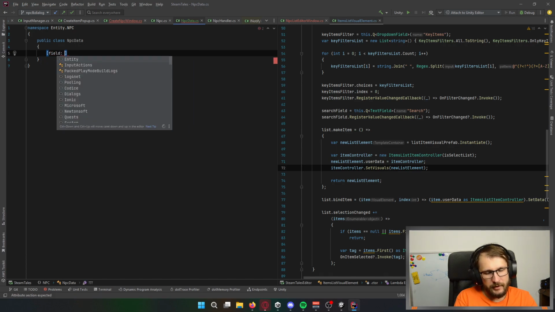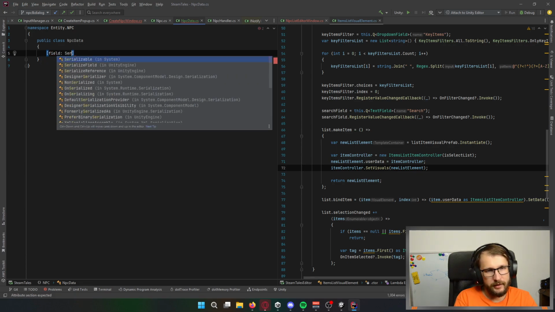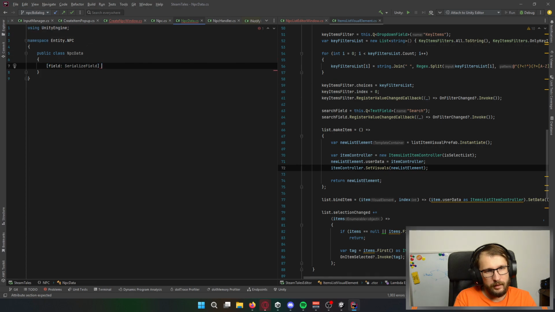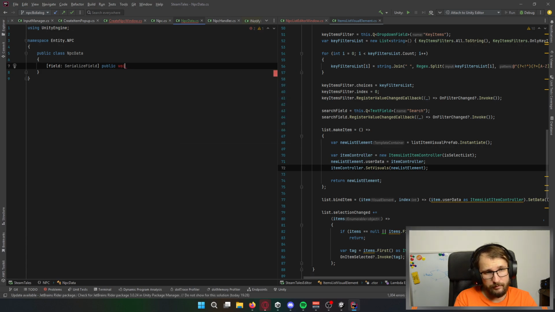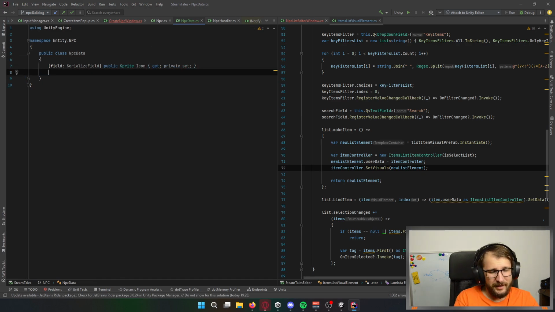Of course, everything will be serialized field. We'll go with public sprite, private set, of course. Sorry. What am I doing? What is wrong with me?